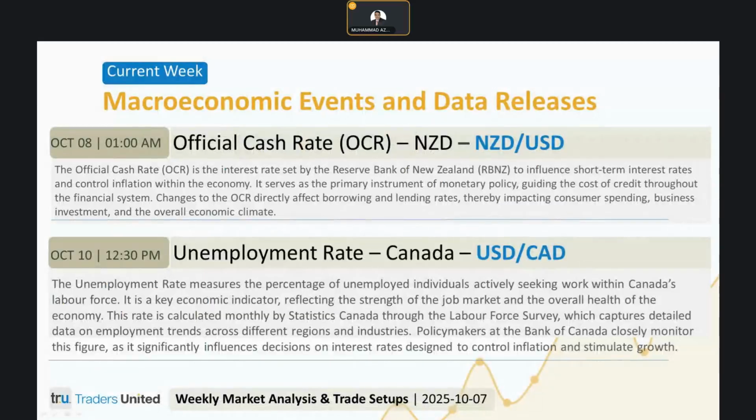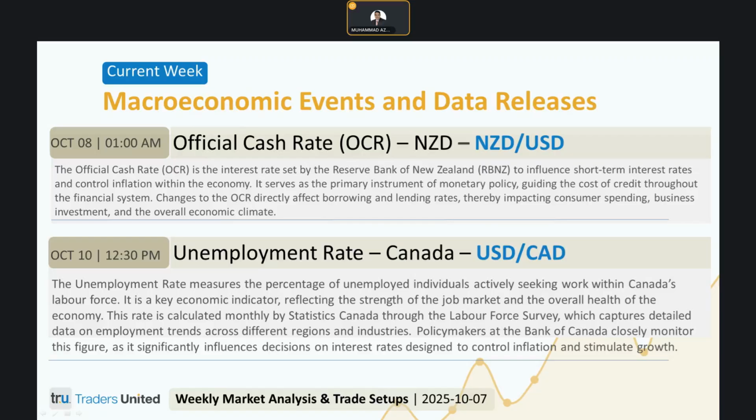Let's go back to the PowerPoint. If the Reserve Bank of New Zealand is more hawkish than expected, for example, hold the rates at 3% or a cut with a hawkish bias, this would be the most bullish scenario for the Kiwi, and that would be a surprise hold, which would send NZD USD soaring as it would completely defy forex market pricing.